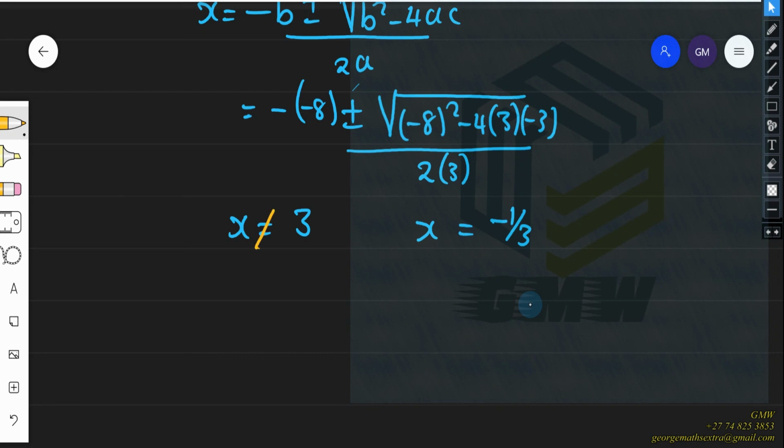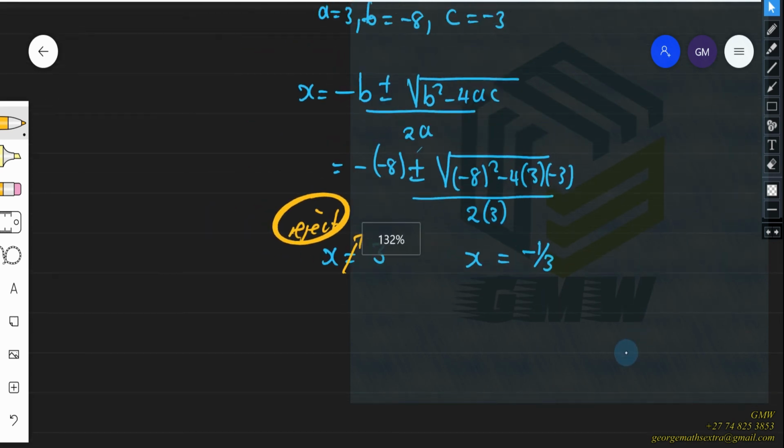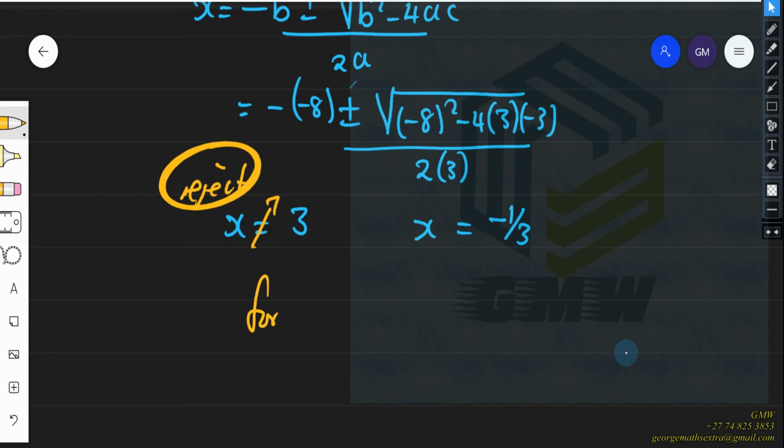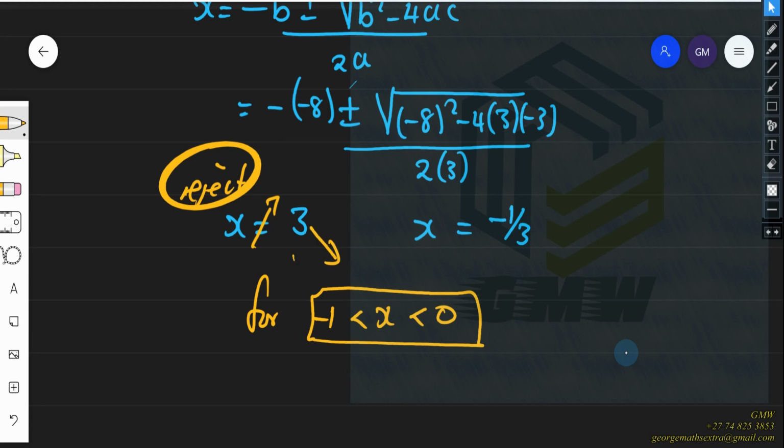We are going to reject this one, because the question specified a condition. The question said x is between minus 1 and 0. This was the condition. So 3 does not satisfy this condition,